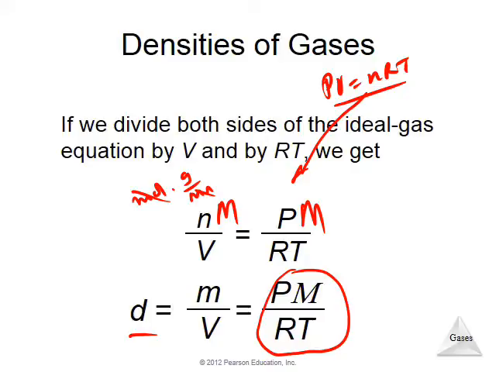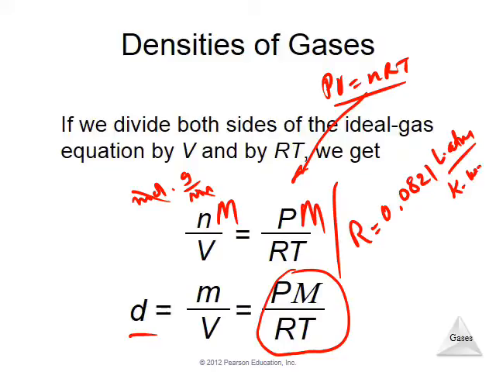So basically we learned that density is given by pressure times molecular or atomic weight, depending upon in what state the gas is, divided by RT. R has a fixed number, 0.0821 liter atmosphere per degree Kelvin per mole. So let me write down the constant value, even though I gave that to you before: 0.0821 liter atmosphere per Kelvin per mole.